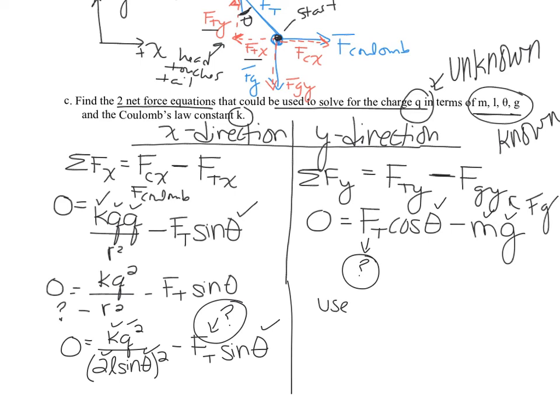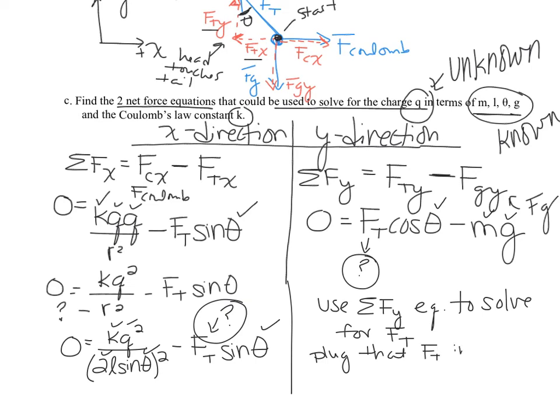So I would use my net force in the y direction equation to solve for Ft. And then I would plug that Ft into my sum of forces equation in the x direction to algebraically